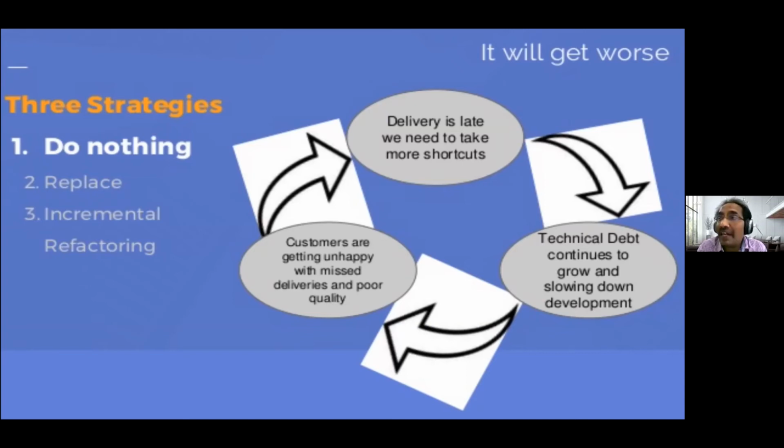The third one is incremental refactoring. This is what we promote strongly. Our developers are equally capable, very, very capable. If we know that we are responsible, I have to do something, then we strongly recommend incremental refactoring. Incremental refactoring is not that you do it in the air. Maybe you get a bug, and around that bug you do it, or you need to put in a new feature, and around that you try to do refactoring. So every context which is coming to you as a developer, take that as a refactoring opportunity.